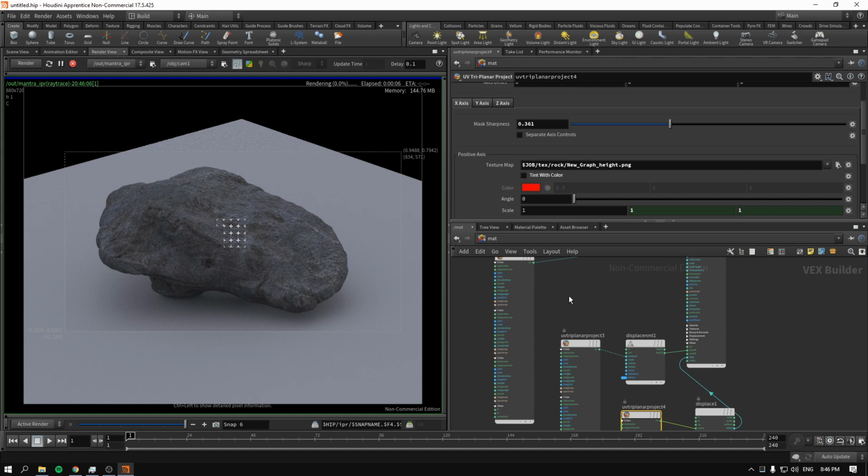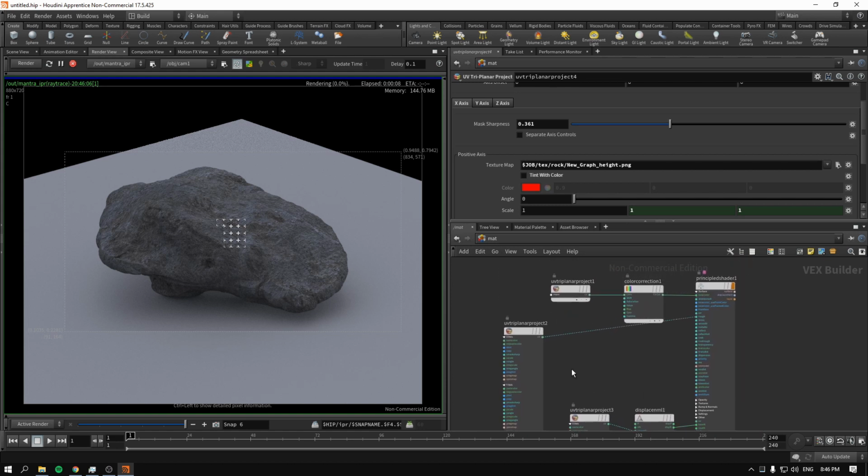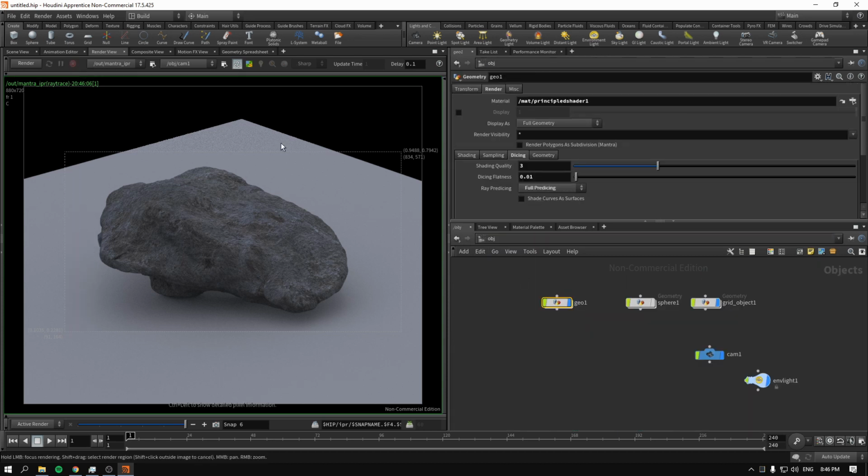Give it a second because displacement takes a lot of computational energy. All right. Yeah, this looks very good. This actually starts to look like a rock. And as I have already mentioned, we did not use any UVs, nothing. We just have a material and we just projected it from the X, Y, and Z axis. So this is as procedural as it gets, because if we go back to our object